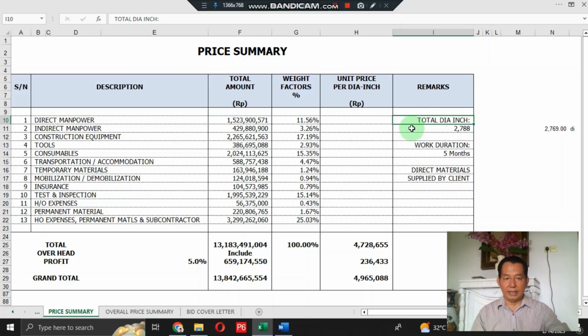The total die-in for this pipeline works is 2,788 die-in, and the work duration for this pipeline work is 5 months. This is reinforcement works, okay, and direct material, in this case, is supplied by the client, okay, and this template consists of